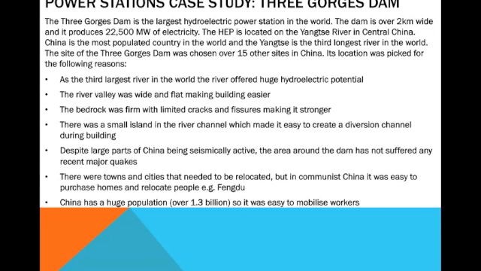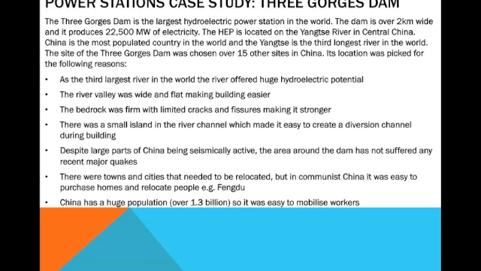Its location was picked for the following reasons. As the third largest river in the world, the river offered huge hydroelectric potential. The river valley was wide and flat, which meant that building on it was extremely easy. Also, the bedrock was firm and with limited cracks, so it would be strong and wouldn't collapse. Also, there was a small island in the river channel, which made it very easy to create a diversion channel during building. And despite large parts of China being volcanically active, the area around the dam has not suffered any